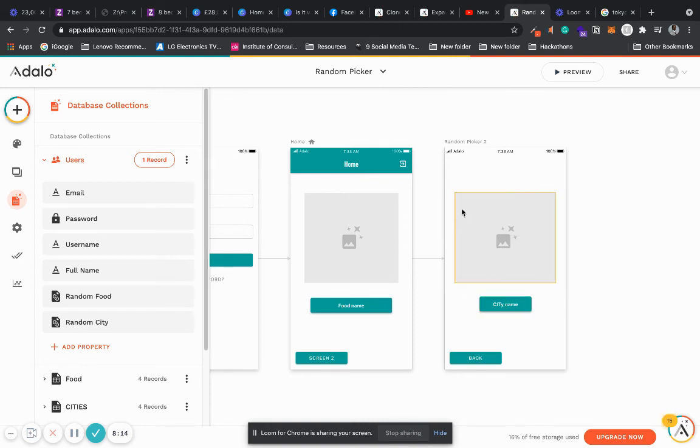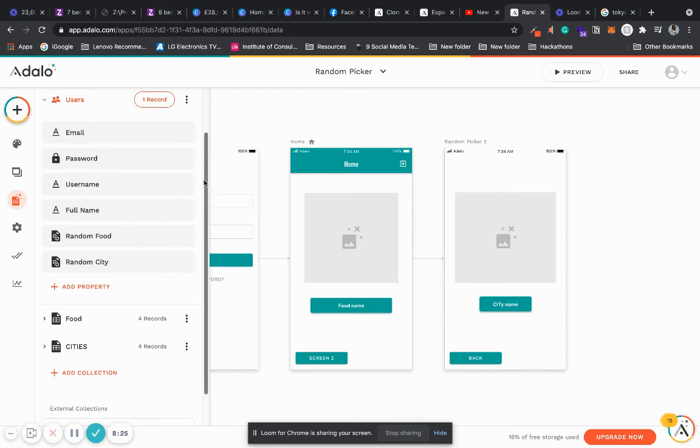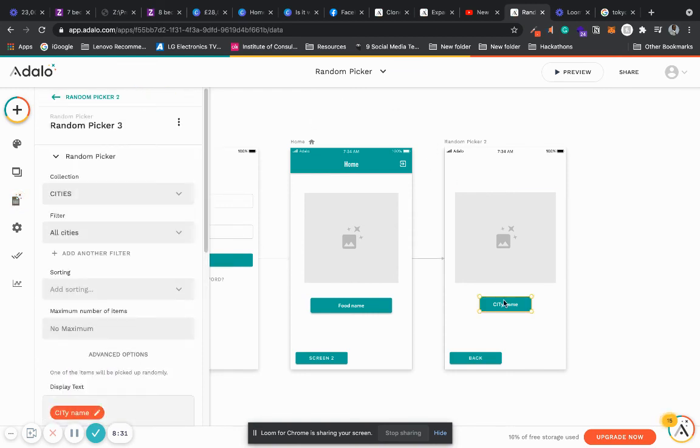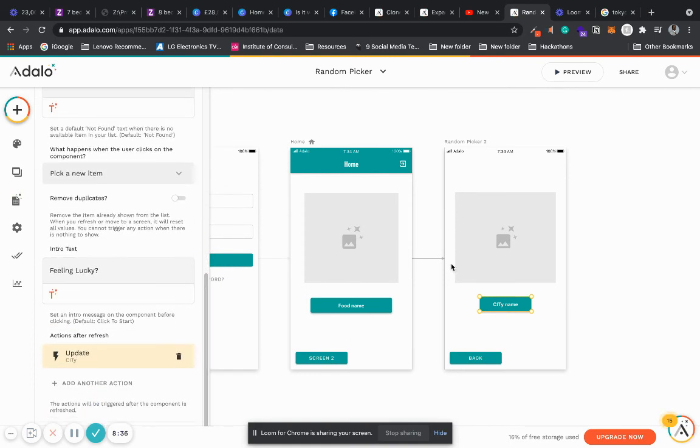My workaround, I would probably give it a city 1, and when a new user is created, there is like a placeholder city for city 1. And I am not sure that would work entirely because city 1 will come up again in the random picking. I haven't worked out a workaround for that, but if we preview this again,